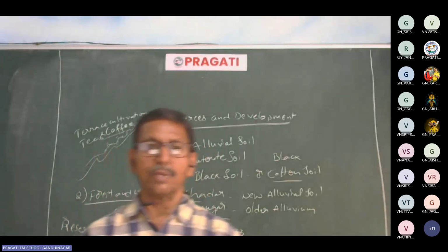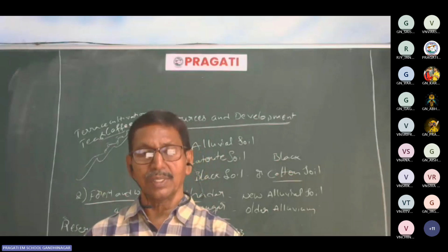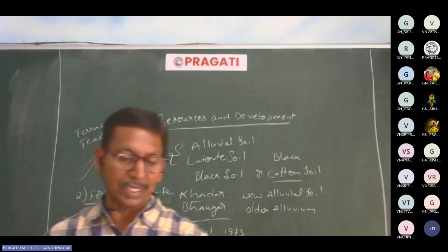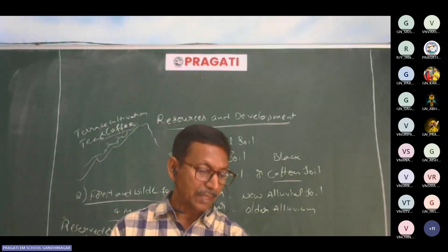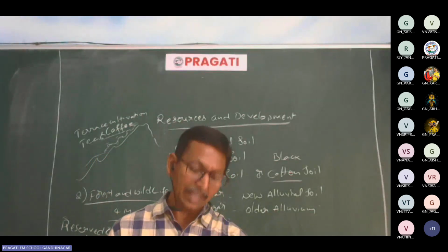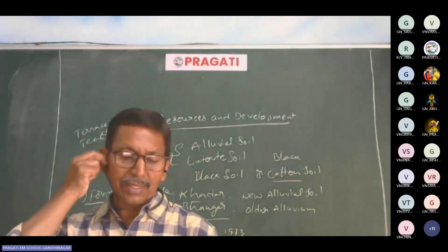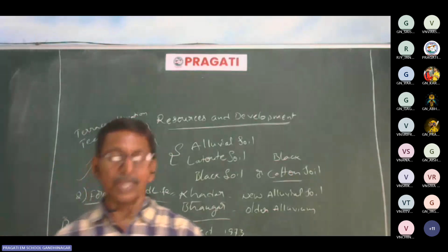Textual paragraphs also will be given. From that, you will be asked sometimes questions. Otherwise, you have to reproduce it again, having seen the paragraph. Like that also you may be given some questions. Here in this lesson, we can find some tiger reserves, Corbett National Park in map pointing, Sundarban National Park,